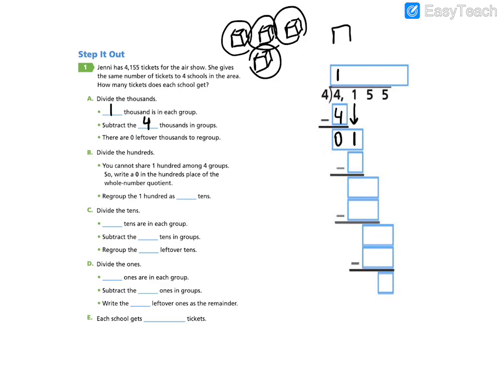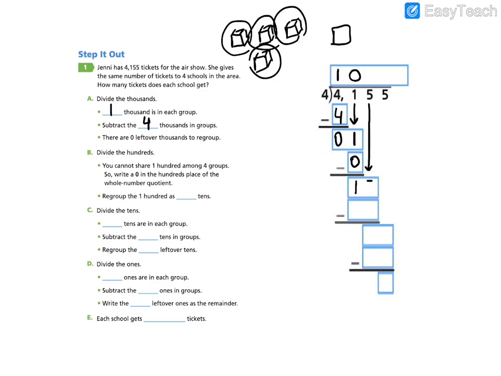Can we take this 100 and put it in 4 groups at once? We cannot, right? We cannot share this 100 among 4 groups. It needs to be regrouped. So in the quotient, we write a 0 because we cannot divide 100 into 4 groups without regrouping it. We've used 0 hundreds. We're going to regroup every single one, which means we have 100 remaining